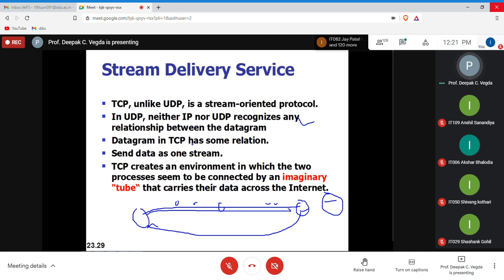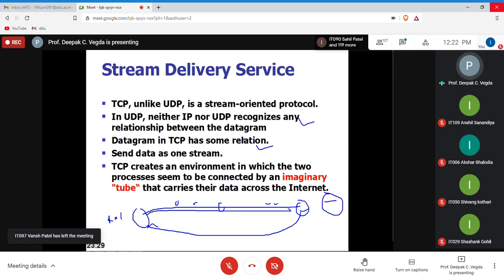In TCP, every datagram has some relation. This is the first packet, second packet, third packet, fourth packet. I have received this many packets, and now I'm going to receive these other packets, and so on. Some packets are late, so I'll keep a place for them, and this is how I maintain my flow control. Some of the packets I might have lost on the link, and I need a sender which must retransmit the packets, and so on. Everything I will say in TCP.